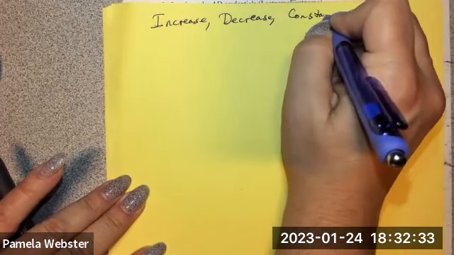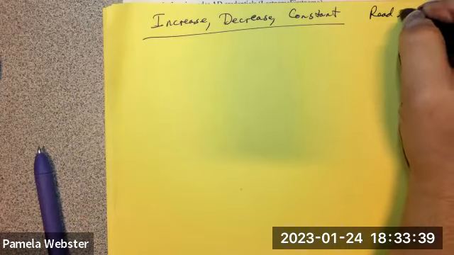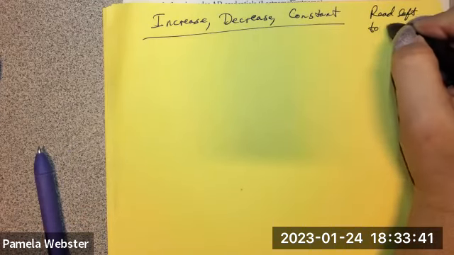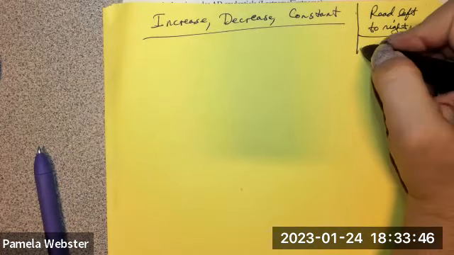And I am not going to beat this one into the ground. What I am going to say is that what you need to do is look at a function. What we need to do is look at a function and read it from left to right. So we always read left to right. And we tell increase or decrease